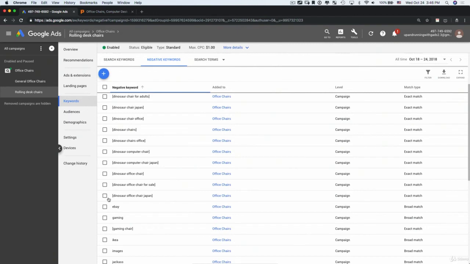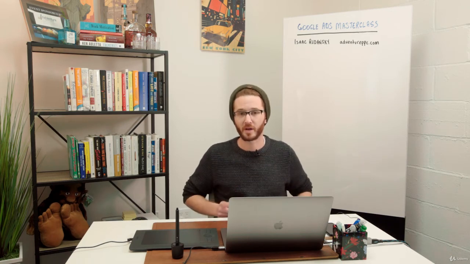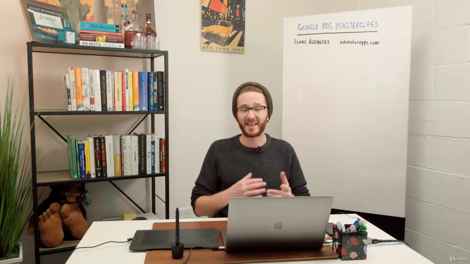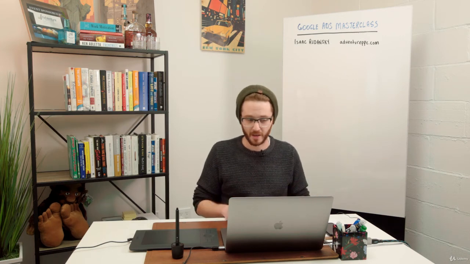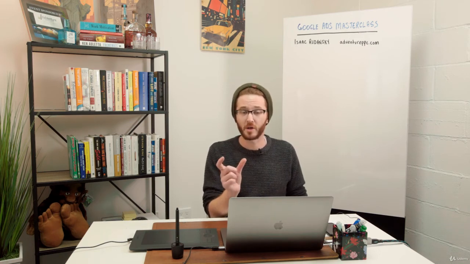Now, one more thing to remember, as I build out this campaign, I'm going to have general office chairs, rolling desk chairs, orange desk chairs, lumbar support desk chairs, ergonomic, expensive, leather, fabric. Right? I'm going to have all these different ad groups. I'm going to need to add that exact match desk chairs to every single one of those. Remember that. Let's say I have 10 different ad groups and general office chairs is one out of those 10. So I'm going to want to have negative exact match desk chairs in 9 of those ad groups,